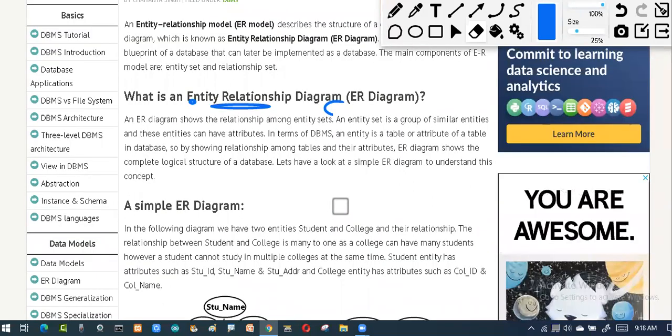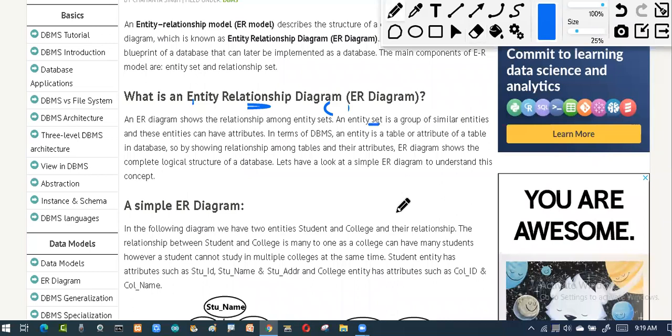If I want any object that is there in our database, we are going to identify it in two terms. We call that an entity set. It's a group of similar entities. Here I can say that person is an entity, class is an entity, subject is an entity, college is an entity. Like that, we have n number of entities, which we consider as a set. We call this an entity set.